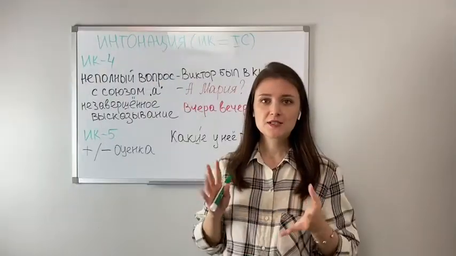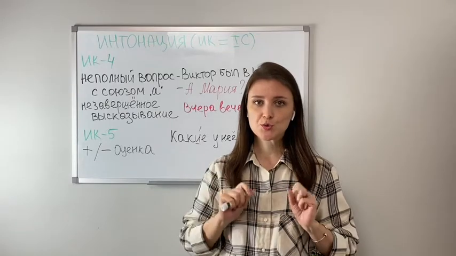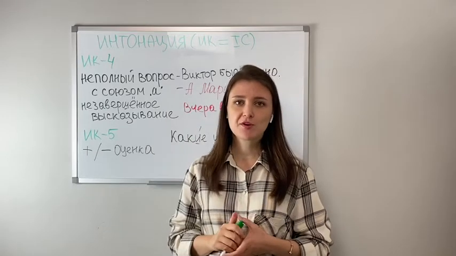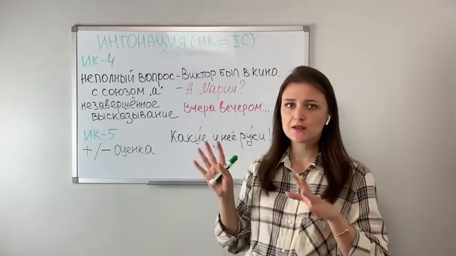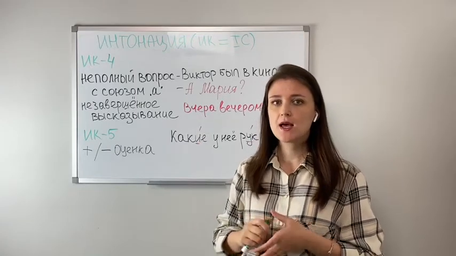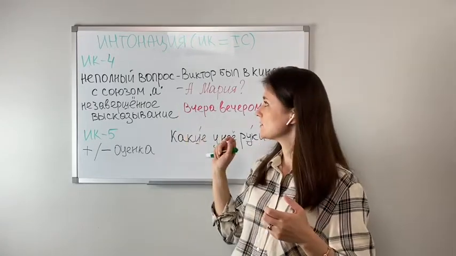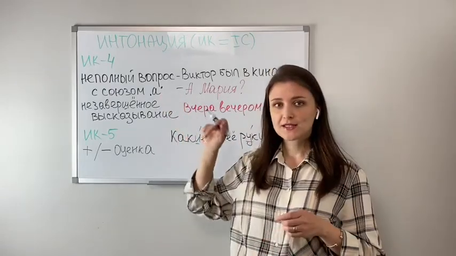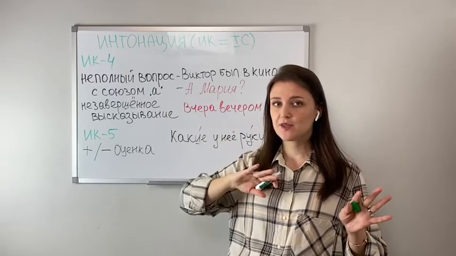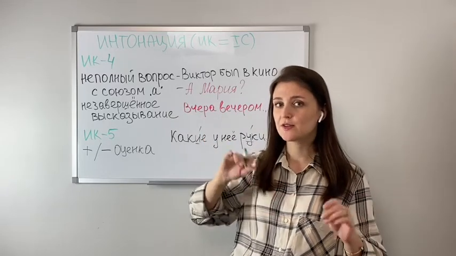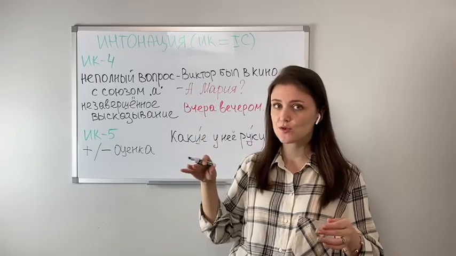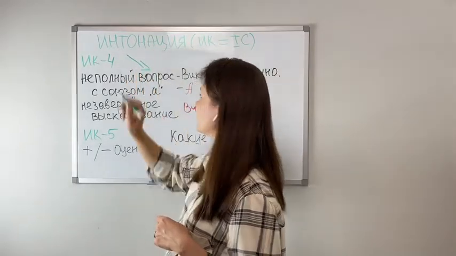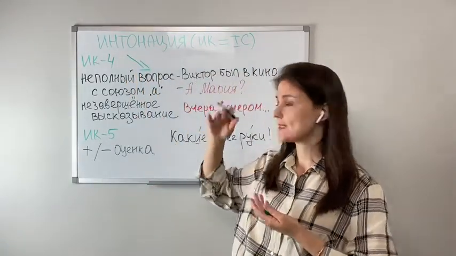Okay? And now I will tell you very quickly about the last two intonation constructions, fourth and fifth, because I'm afraid this video will be very boring, so I just tell you quickly, and they are very simple intonation constructions. I explain the tone in these constructions, and we have some examples also. In the fourth intonation construction, it's completely different from the third intonation construction. First we decrease our tone and then we increase, rise our tone at the end of the sentence.